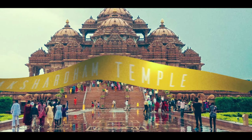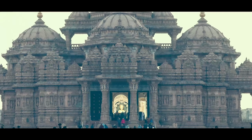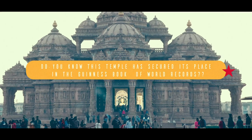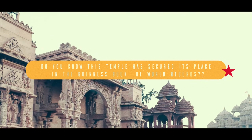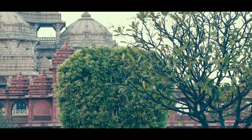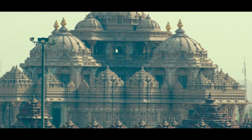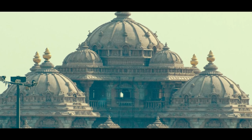Number 8. Akshardham Temple, world's largest comprehensive Hindu temple. Next, move towards the Akshardham Temple. Do you know this temple has secured its place in the Guinness Book of World Records? Yes. But why? A symbol of the Indian culture, spirituality and architectural excellence, the Akshardham Temple or Swami Narayan Akshardham